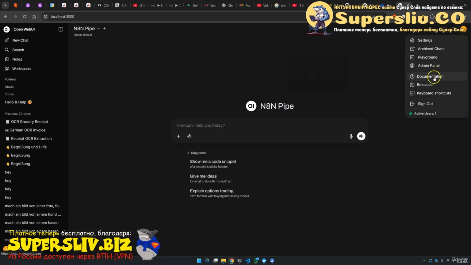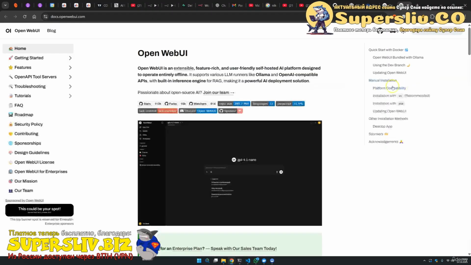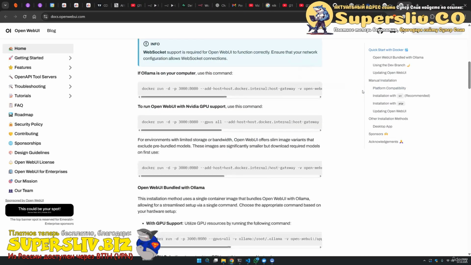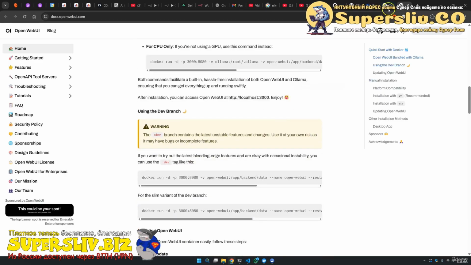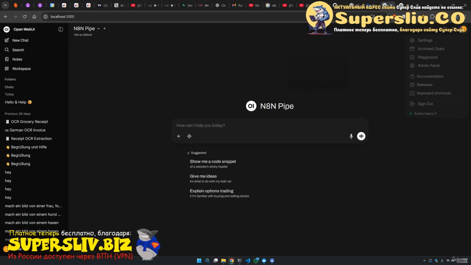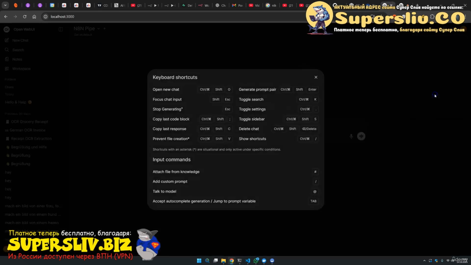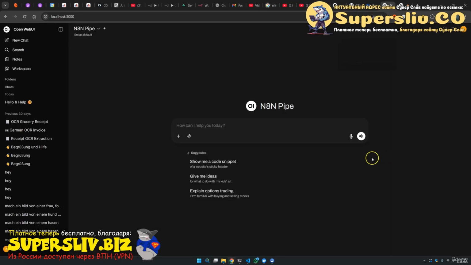You can also go onto the documentation, onto the releases and onto the shortcuts. So if you want to read further, just press on it and you will be on the whole documentation from OpenWebUI and you will get a complete overview of this tool. Besides this, you can also come back once again and press on these shortcuts and see what you can do if you like to use shortcuts. I do think this was a great first look. In the next video I will show you how this thing works in action and then we will use a